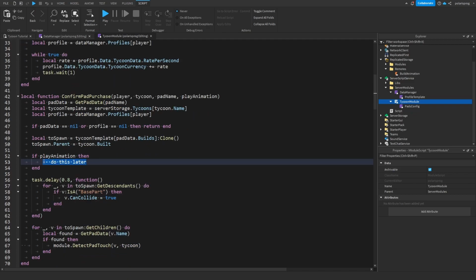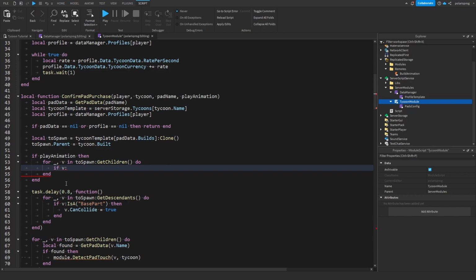if play animation, so we have this do this later thing in here. What we're gonna do is for _, v in to spawn:GetChildren() do. What we're gonna do is if v:IsA("BasePart") then